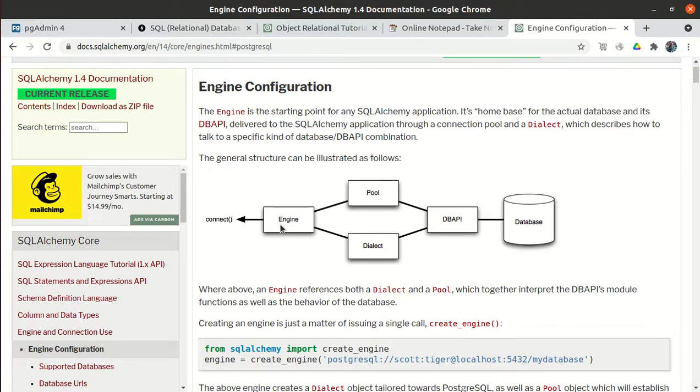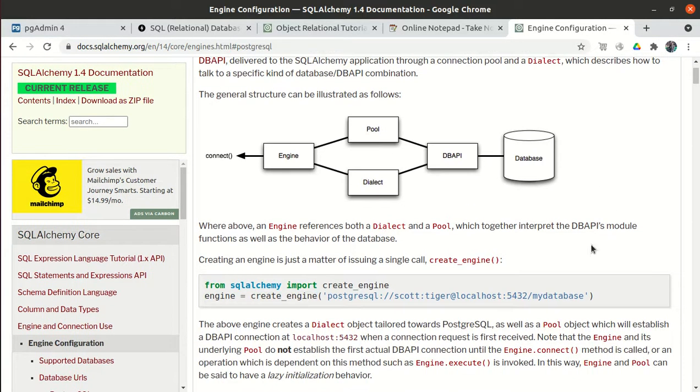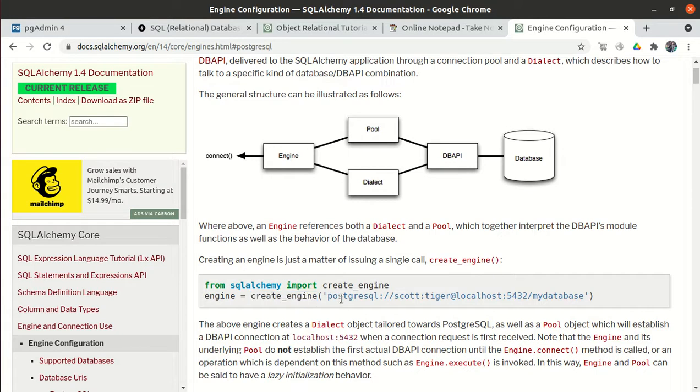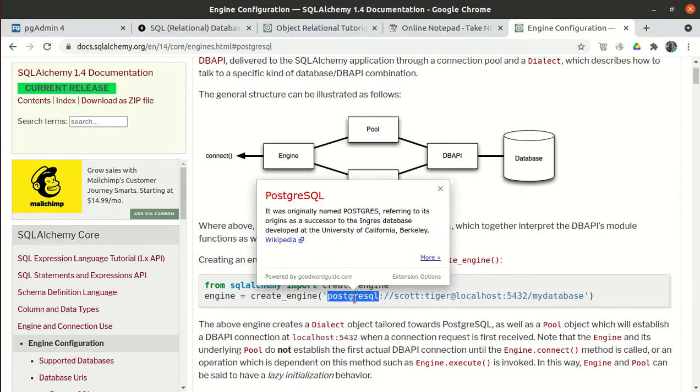So once the engine gets created, even though we have passed the database URL, it will not connect with the DB API. This command will create the pool and create the dialect. The dialect is how create engine will know, because this is SQLAlchemy, right? In SQLAlchemy we define the tables in the form of classes, and it automatically generates the query. But for SQLite, the actual query is different.